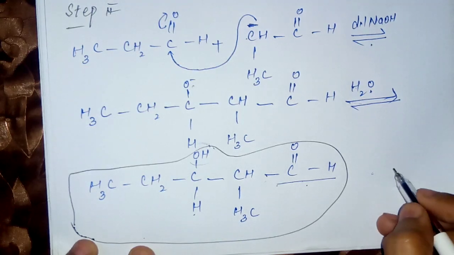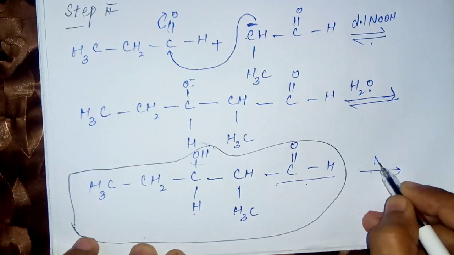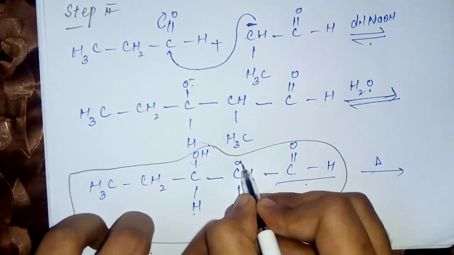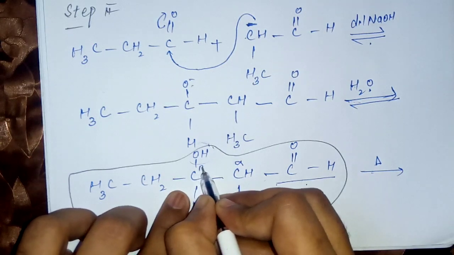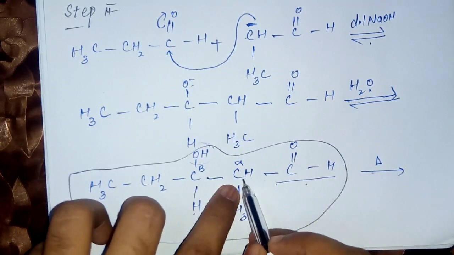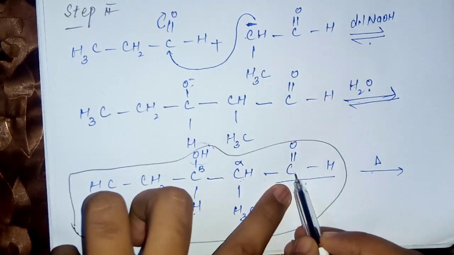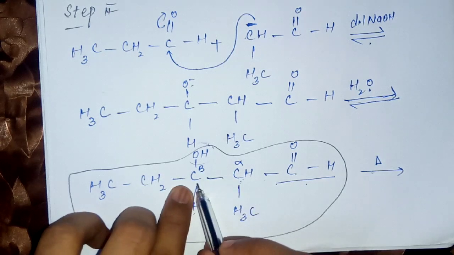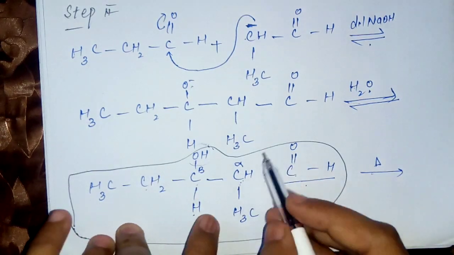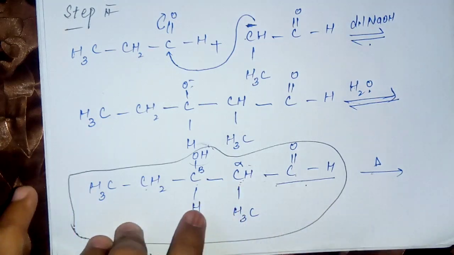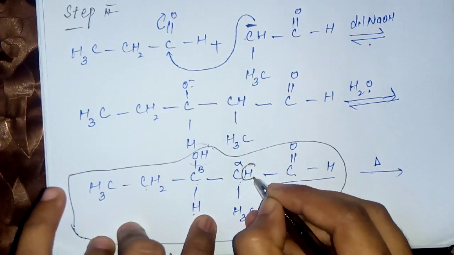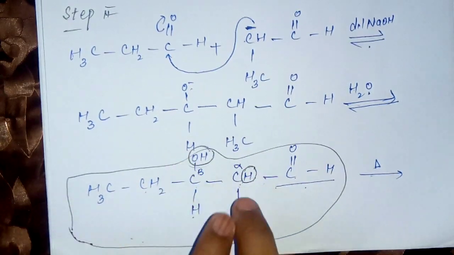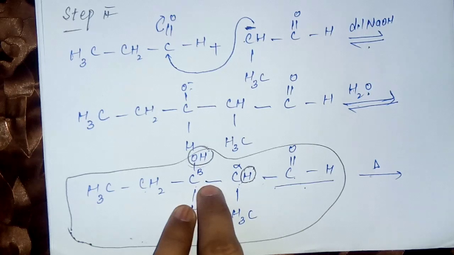After that we will heat this compound. When we heat this compound, hydrogen from the alpha carbon and OH group from the beta carbon. Look at this. This one is called the alpha carbon because the carbon directly attached with the carbonyl compound is called the alpha carbon, and the second one is beta, gamma, and so on. So hydrogen from the alpha and hydroxide from the beta carbon will be removed from this product and the double bond will be shifted from